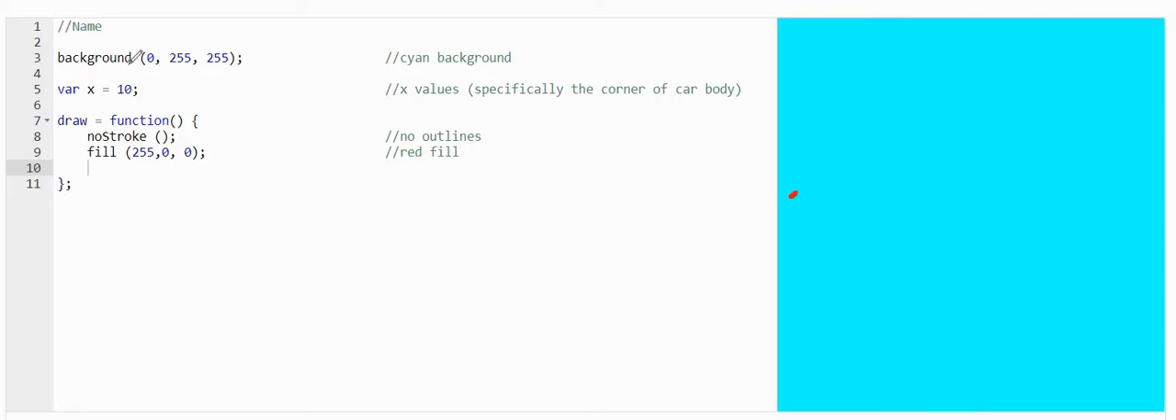So the reason I put X at 10 is because this is about 10 right here on the X. So we want it kind of on this line, kind of coming down. And then we're going to create a red rectangle that's going to be the body of our car. It's going to be right out there. So I'm going to guesstimate my values there, and then you can adjust if you want it in a different spot. So I'm going to go rect,